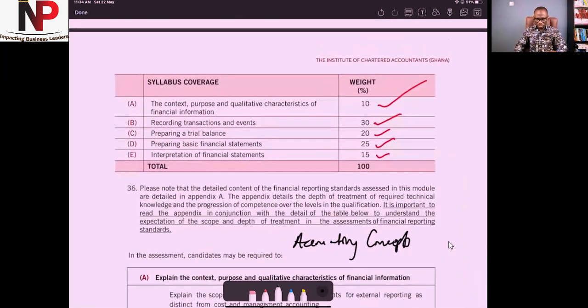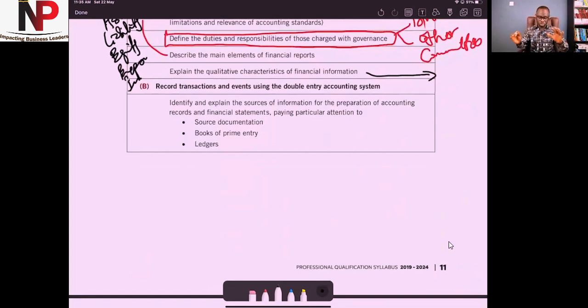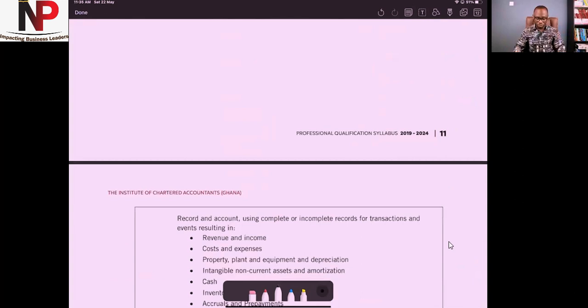Then we come to the B aspect. That is my favorite area. This is where the journey actually begins, recording transactions and events. Now, at the core of financial accounting is the double entry principle. And so this is where we're going to be dealing with the double entry, dealing with the issues about the various source documents, the day books, the ledgers. Then we look at how we do various accounting